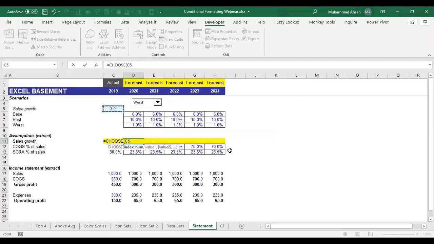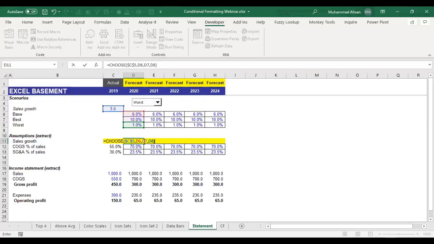So I am using the CHOOSE function here. The first function argument is the index number, where we are required to give a positive number, and then we are required to select the values according to the situation. So the first situation is in D6, second situation in D7, and then D8. What the CHOOSE function will do is, whatever situation we select from this drop down menu will produce a number in a cell, and according to that number, for example if there is a 2 in C5, it will select D7. If there is a 3 in C5, it will select D8.